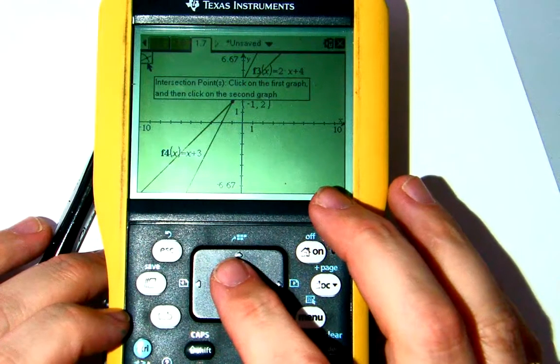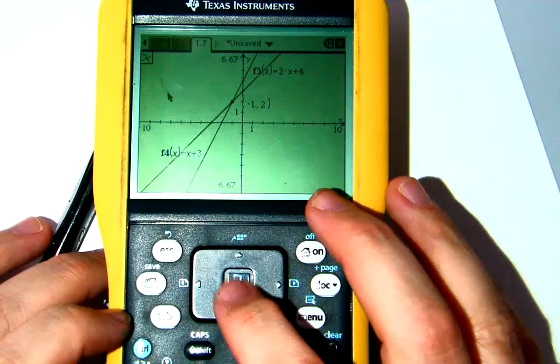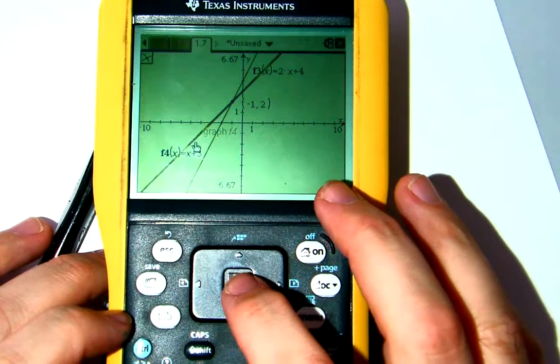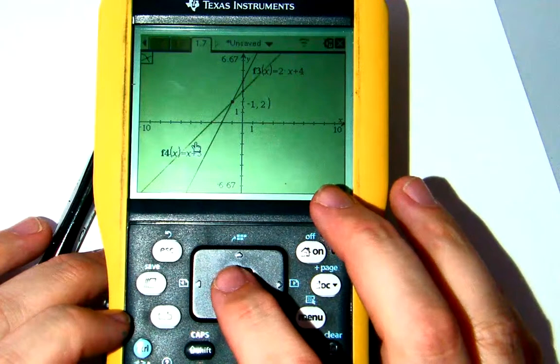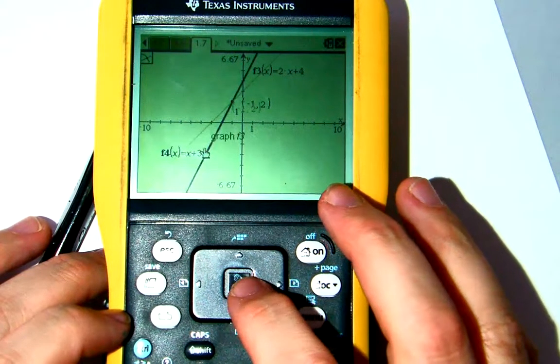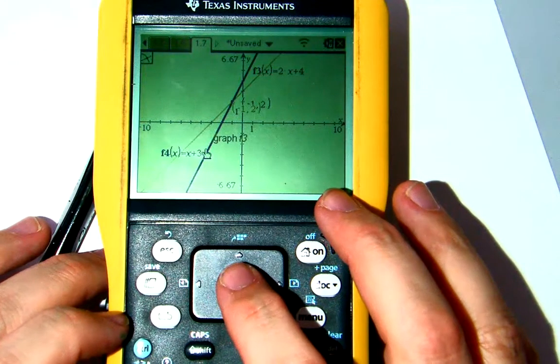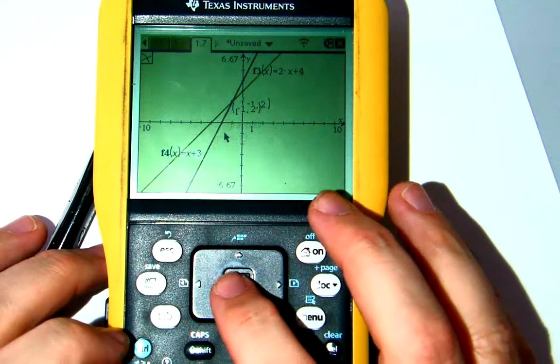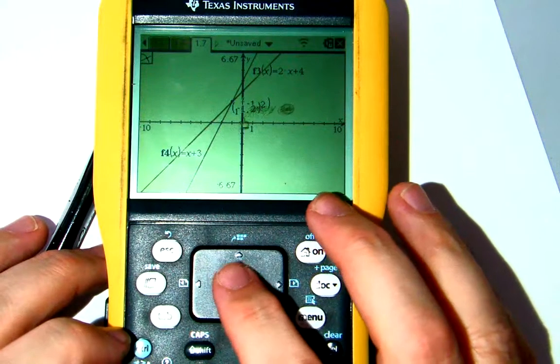And it says click on the first graph, then click on the second graph. So I'm going to go down here, click on the first graph, and then that changes, kind of gets highlighted, blinks a little bit. Then I'll go to the second graph, it highlights it, it bolds it, hit there, and we got another point,